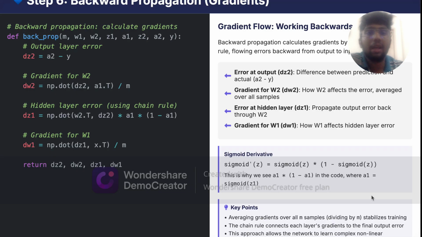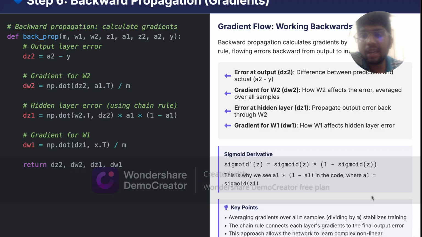Backward propagation calculates a gradient by applying the chain rule, which is also used to calculate the error. By calculating the error backwards, we can update the weights in a proper way so that we can converge faster. The error at the output is the difference between the predicted and the actual value. In this code, we can see that first we get the error from the output layer,